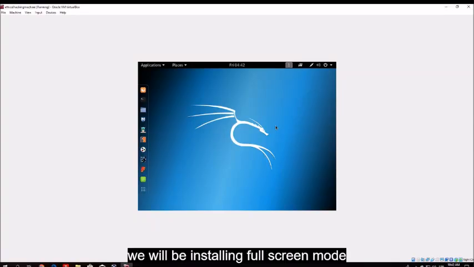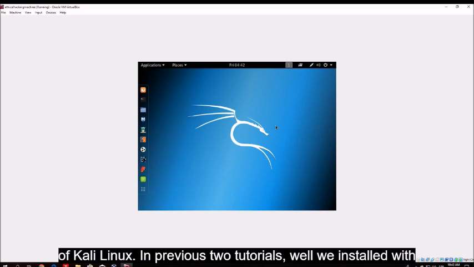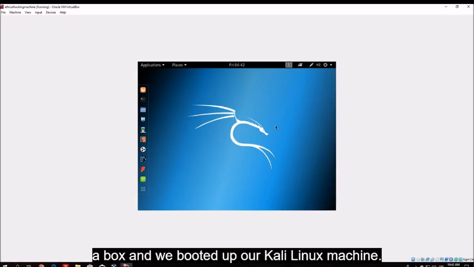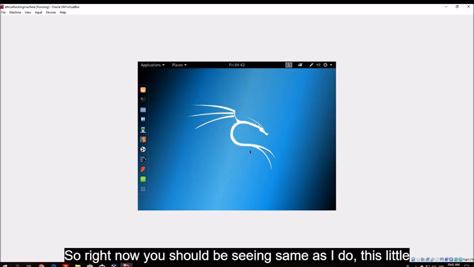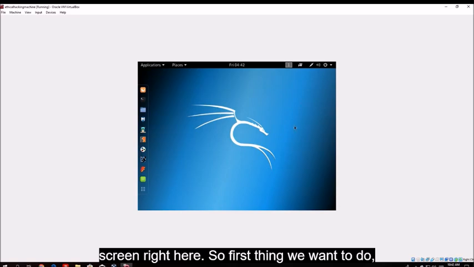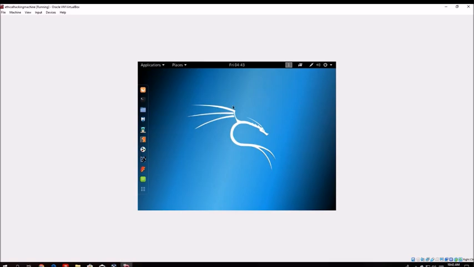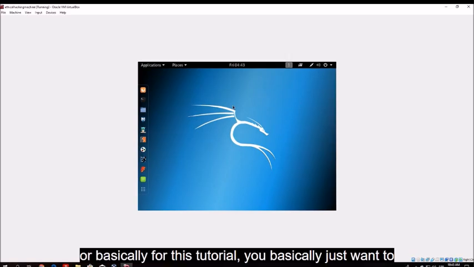In this tutorial, we will be installing full screen mode on Kali Linux. In the previous two tutorials, we installed VirtualBox and we booted up our Kali Linux machine. So right now you should be seeing the same as I do, this little screen right here. So the first thing we want to do, for this tutorial you basically just want to follow along with